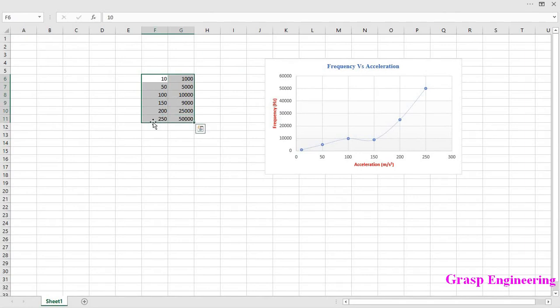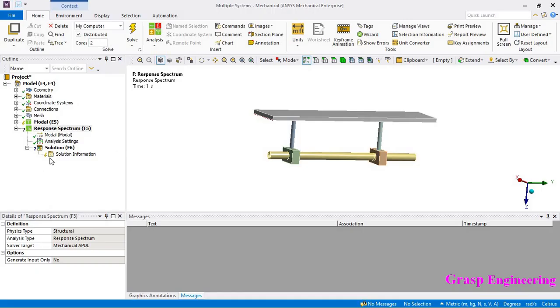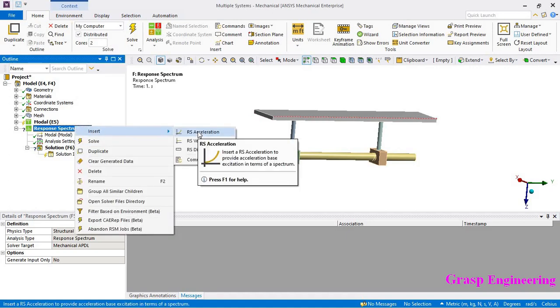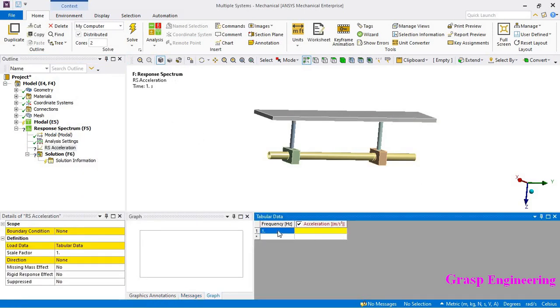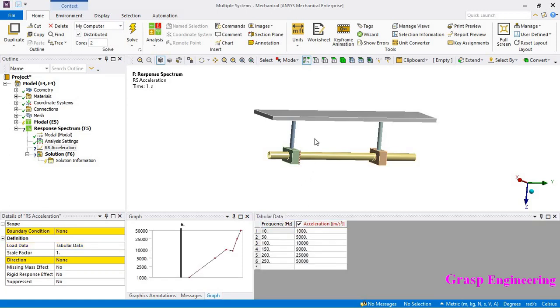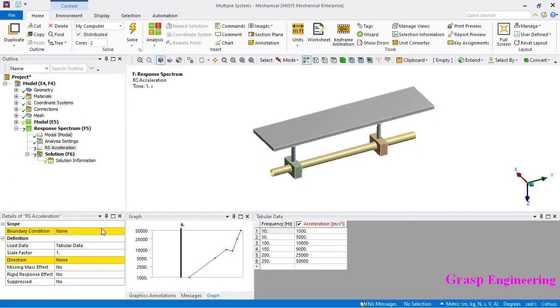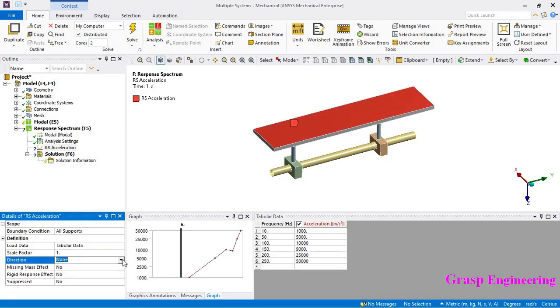Okay, this is frequency versus your acceleration. So I'm just copying that, and now let's go to insert, right click, and here you can see the response spectrum acceleration. Here you can define that, just cross check your units, whatever the units are, Control V, and here the direction is X direction. So let's define all supports, and here you can define the X axis.